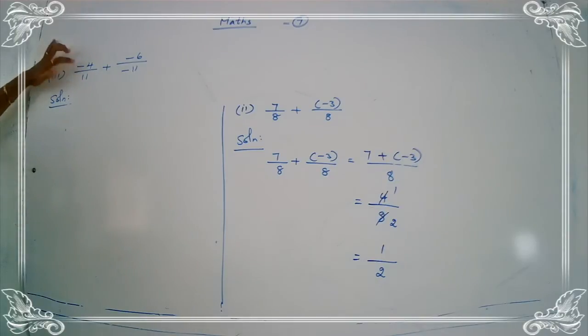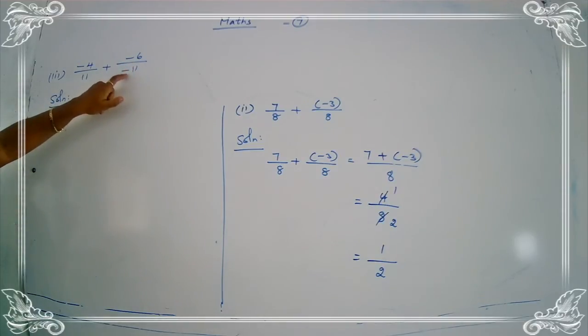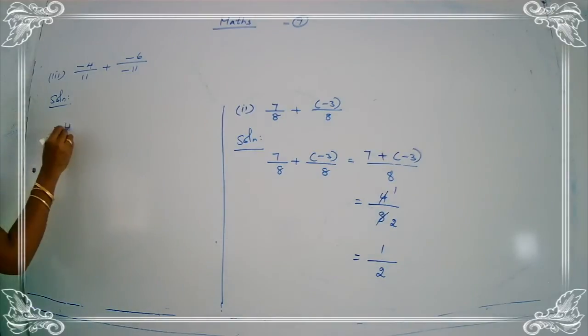Okay, so first one is the first rational number minus 4 upon 11. So 4 and 11 between no common factor. So that is okay, and positive denominator only. Okay, so leave it. Then second one is minus 6 upon minus 11. So here you see denominator having negative sign. Yes or no? So that's not a standard form of rational number. The denominator has to be positive. Okay, so you convert into the standard form.